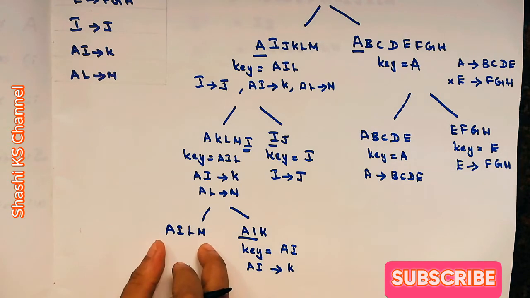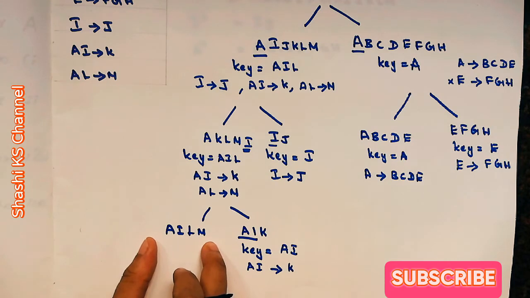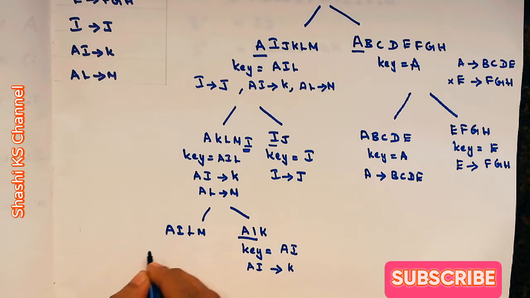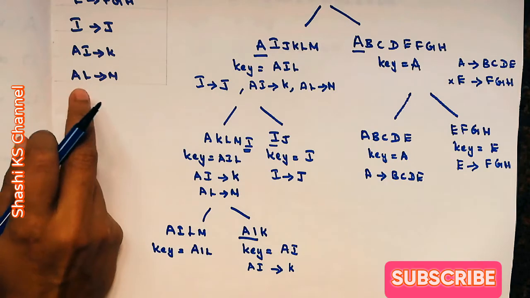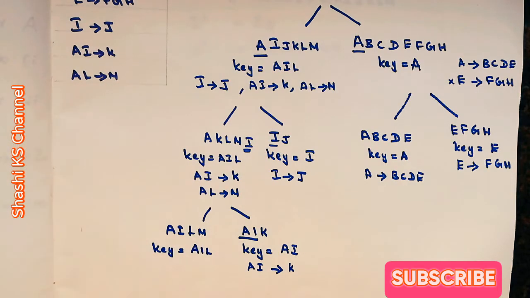Now the set of attributes are AI, L and M. As I already told you, AIL cannot be derived by any functional dependency because it is not there on the RHS of any functional dependency. So if I have AI, L and M in the relation, to determine it, I need to have AI and L in the key. So what will be the key for this? The key would be AI and L. With AIL, will I be able to derive M? Yes. With AL, I will be able to determine M. So the key for this relation is AI and L.